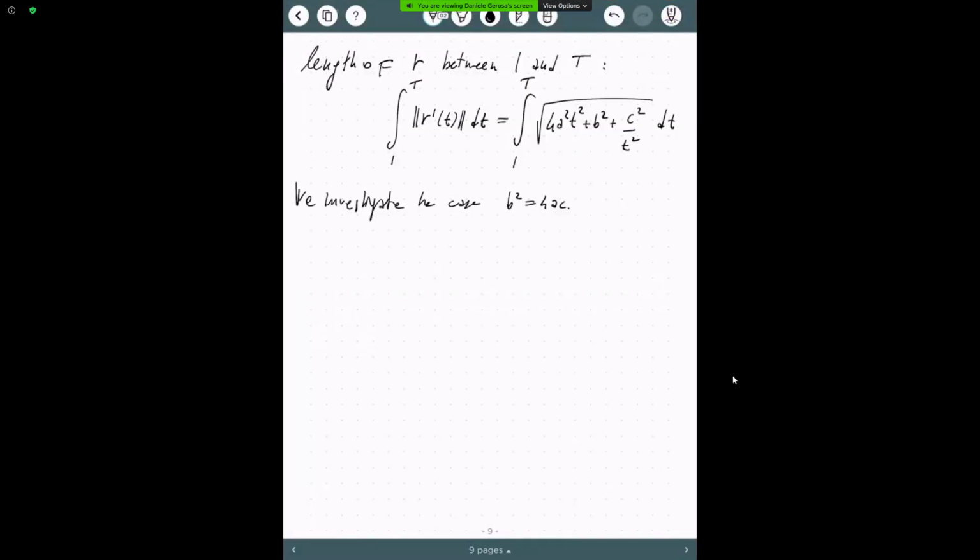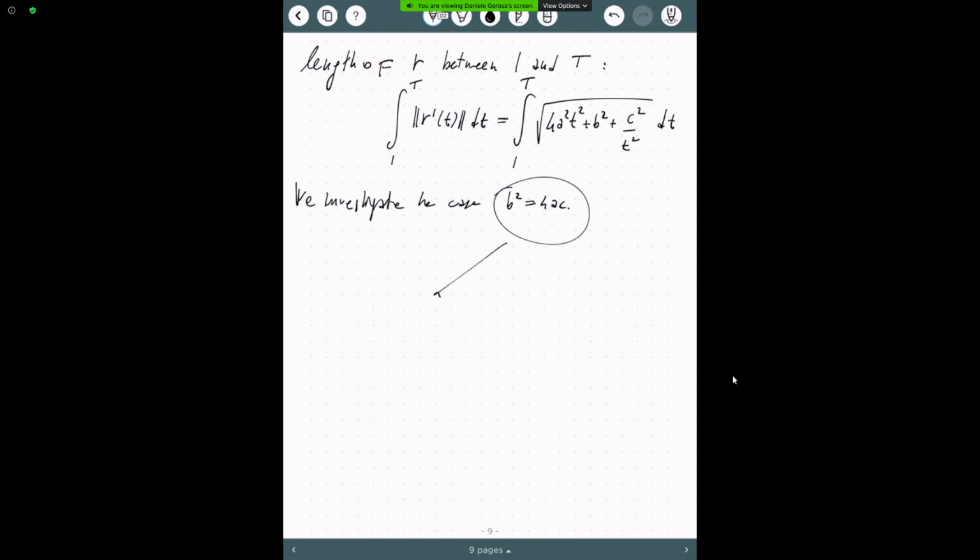So we were about to compute explicitly this integral in a specific case, the case in which b squared is equal to 4ac. Okay, so what happens in that case? You see that